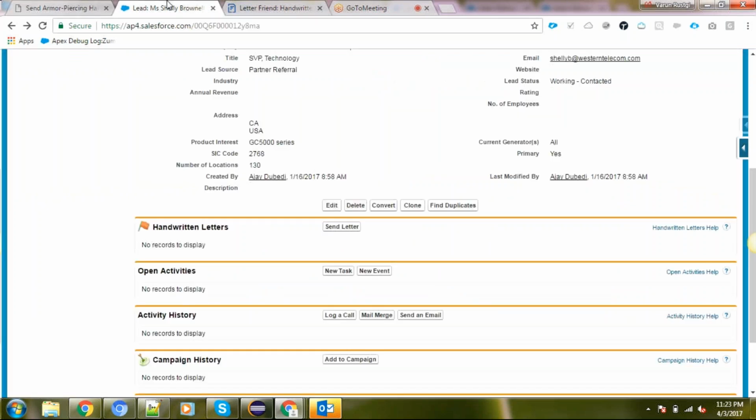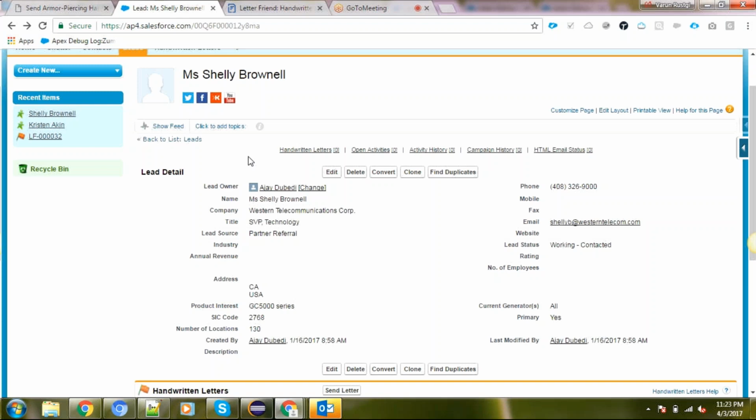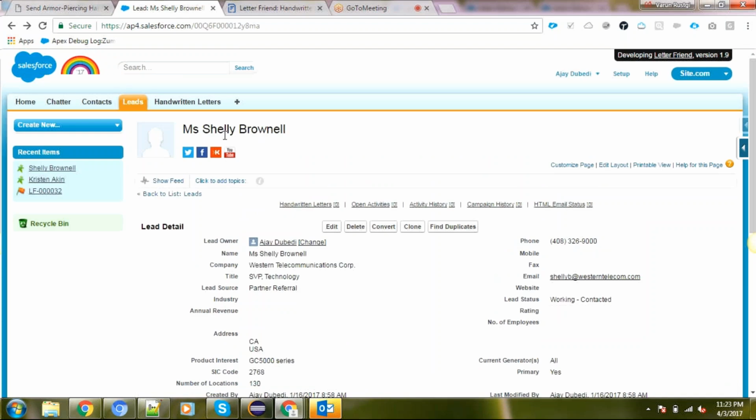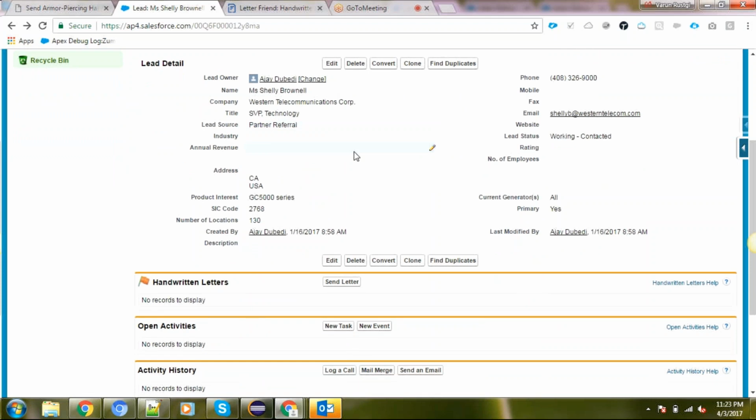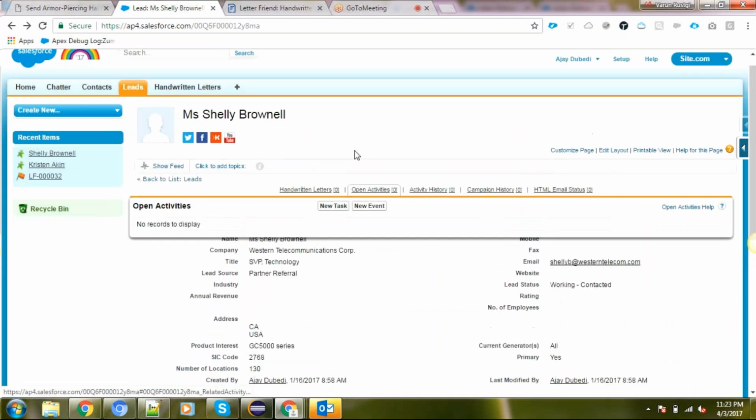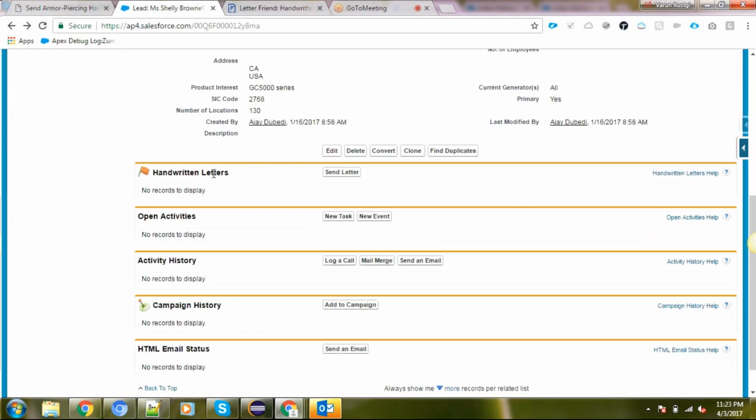Okay. Currently we are sending letters from the lead and contact objects. We are on the record detail page for a lead. We have a section for handwritten letters. Now when we click on this send letter button,